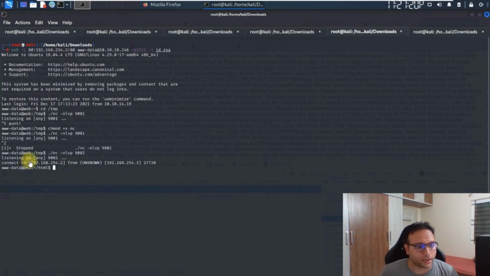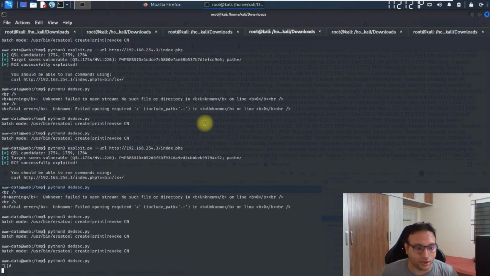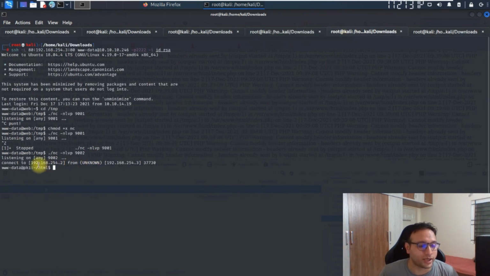So finally we can see we get control of it. Unfortunately something is happening with that machine, so that was the reason it's not stable. I've tried a couple of times and finally I'm getting it. Now I can see once we get that reverse shell, this is another machine which has the IP address 192.168.254.3. So now we are on the second machine. After the machine we compromised, we have reached the next machine now.